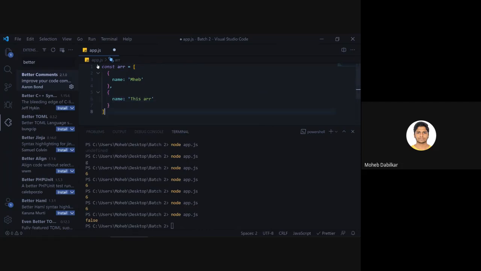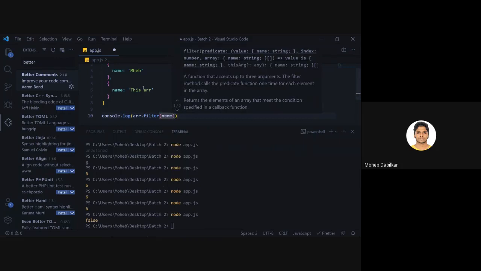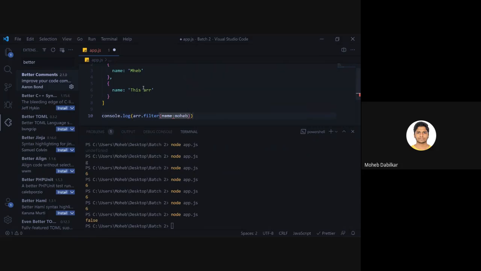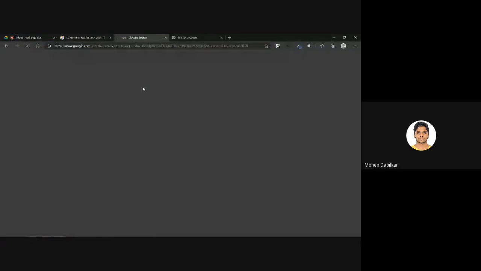All right, so now I can just say console log array dot filter, and we can just say name is Mohit. Let me just go to my previous tab.